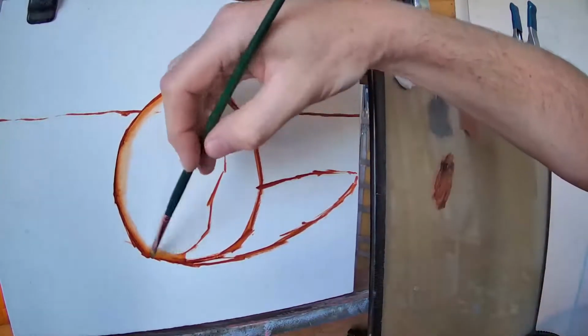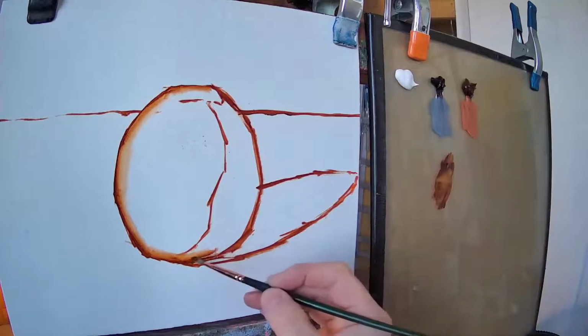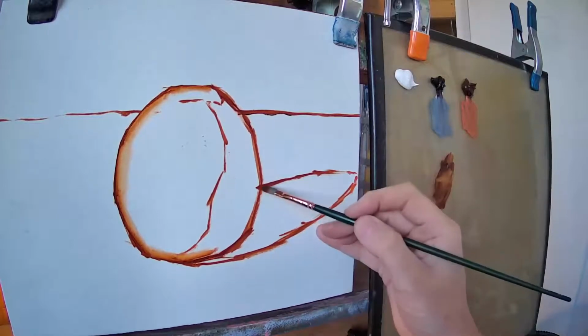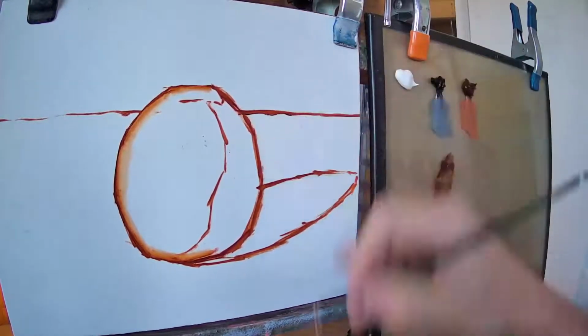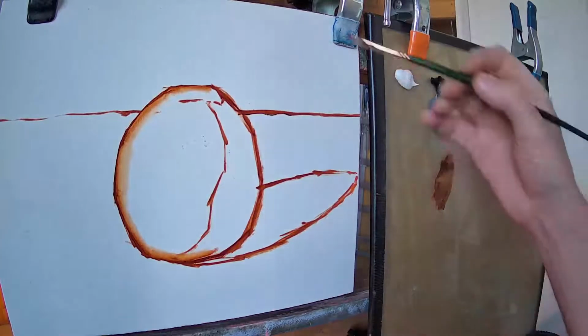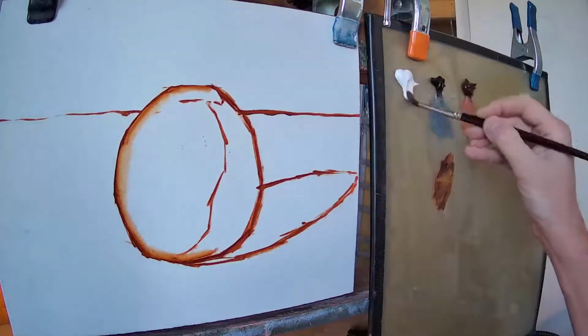So don't forget that. We can't match the colors. And again, that sounds maybe like it's an obvious statement, but I think people get thrown when they're confronted with how obviously different the colors can look. And you sort of forget that we're not trying to match colors, we're just trying to observe distinctions between warm and cool. So looking at the still life, if people have the reference, we can see, I think, pretty clearly that the surface of the table is a cool color. Right? So the surface of the table is...